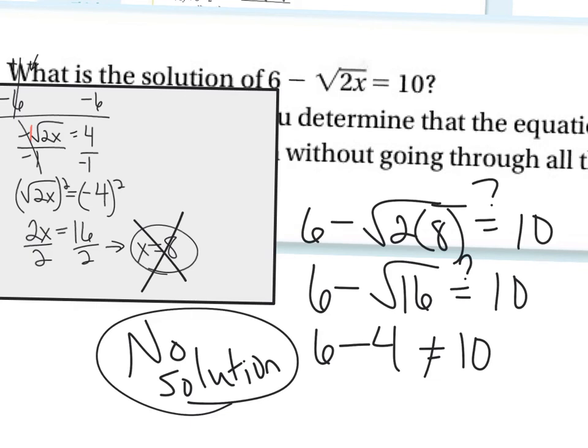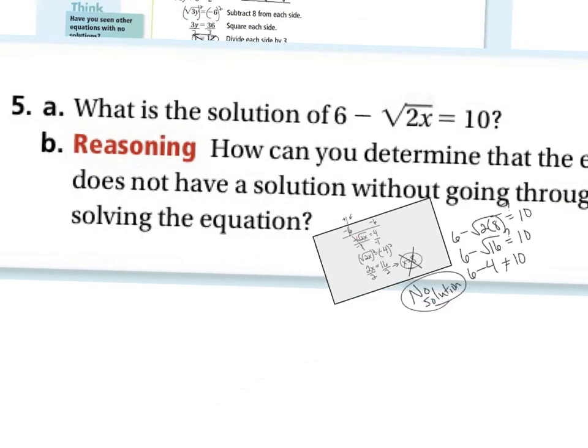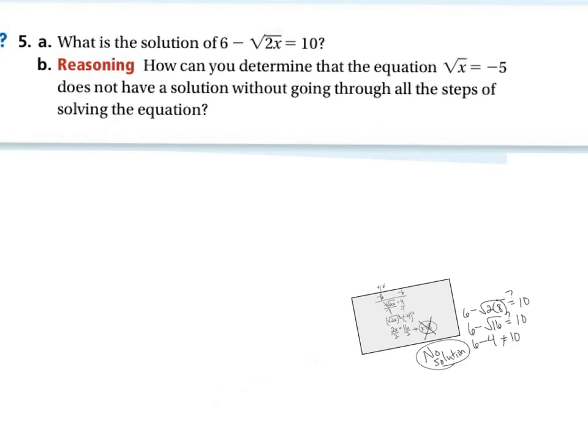So the question might be, as you go through these problems, how do I know if it's going to end up being a no solution? Is there a way that I can tell whether it's going to be a no solution? So actually there's a way to tell sometimes without working through the problem all the way whether it's going to work or not. So on this problem, the radical is already isolated, and so I can actually tell that this is not going to have any solutions